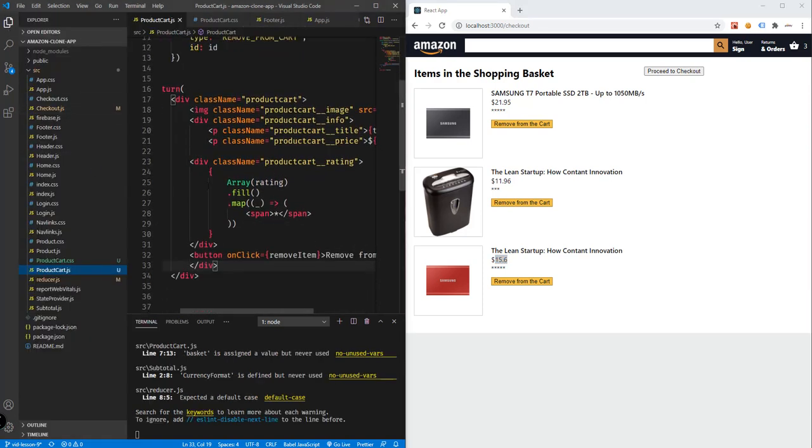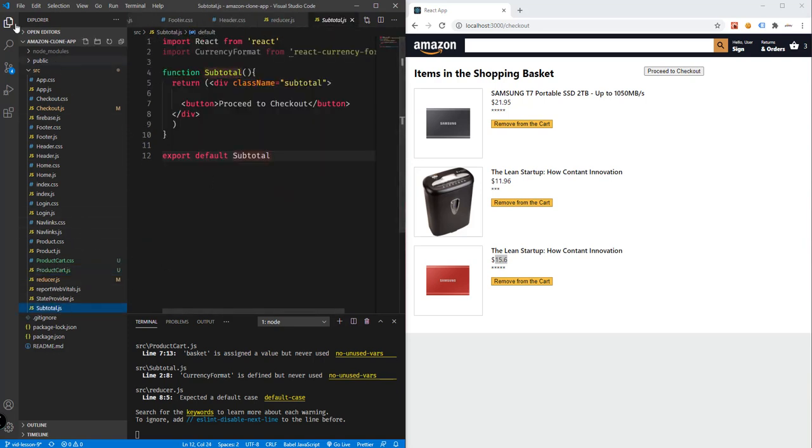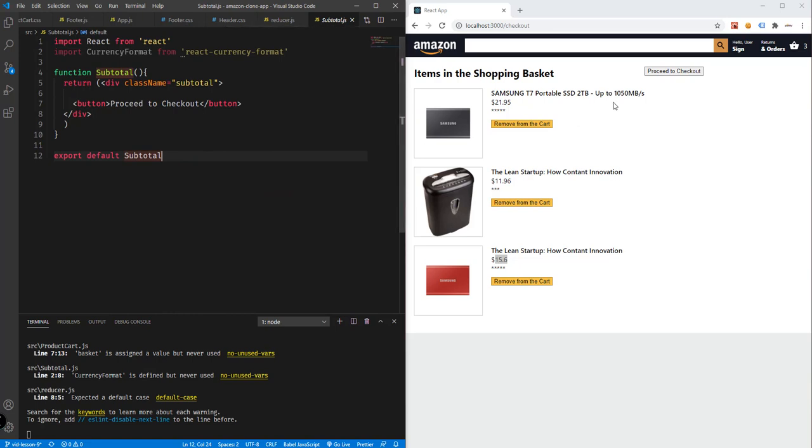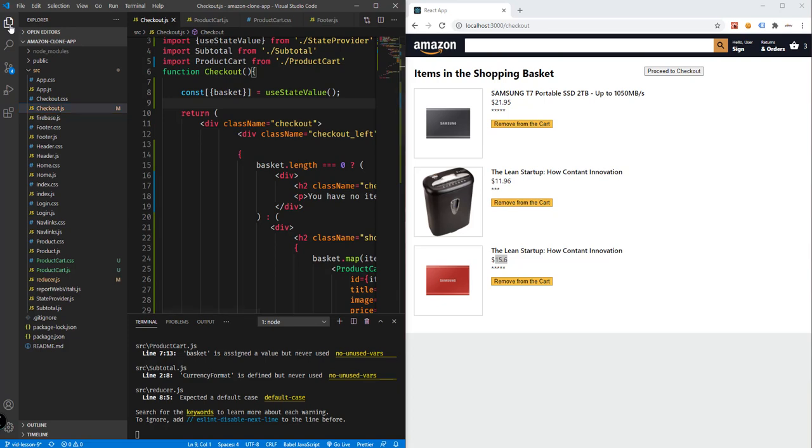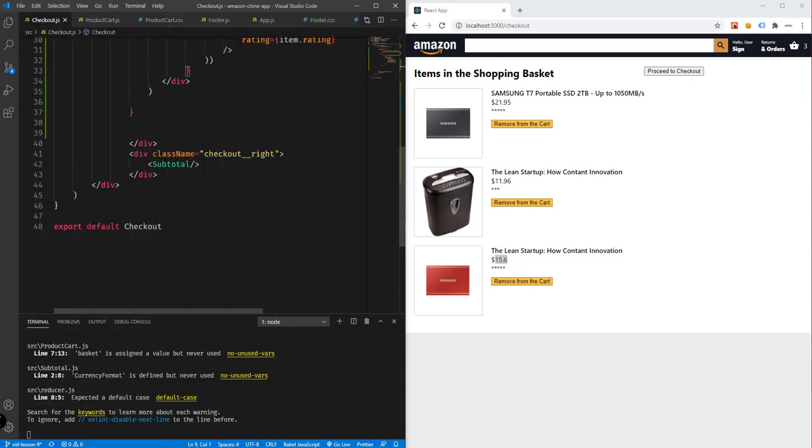Here we have the proceed to checkout button. Now we will be adding elements to this so that we will be able to see the total of items that we have. But for now, let's open up our checkout.js file, and in here we will be adding more